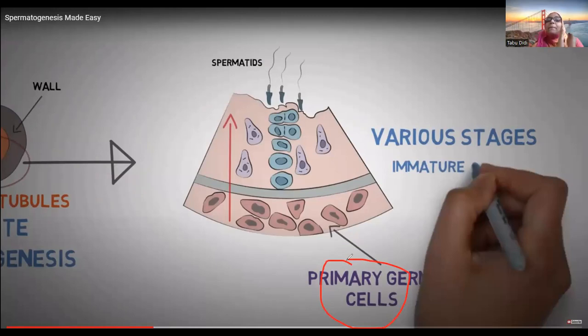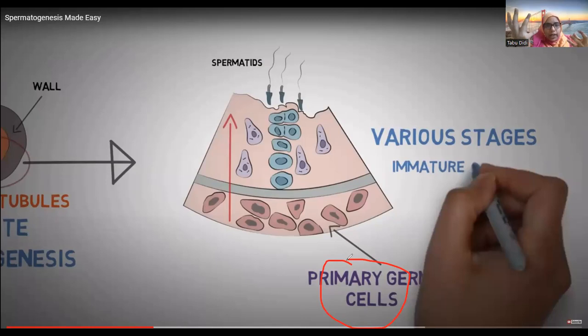Meiotic division से पहले mitotic division होता है. I hope all of you are clear, crystal clear with mitotic and meiotic. If not, you have to be clear. Otherwise, this topic will not be of much benefit for you. You will not understand. So, pehle mitotic division, because the number of primary germ cells is comparatively limited, तो उसका